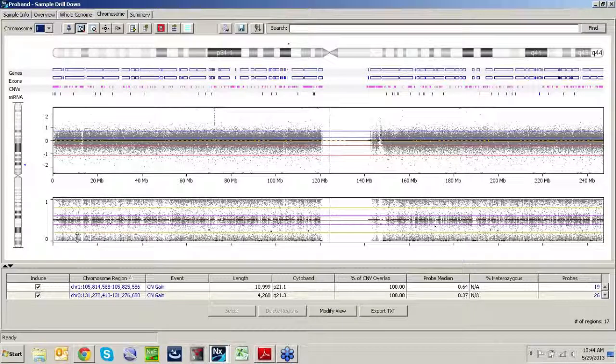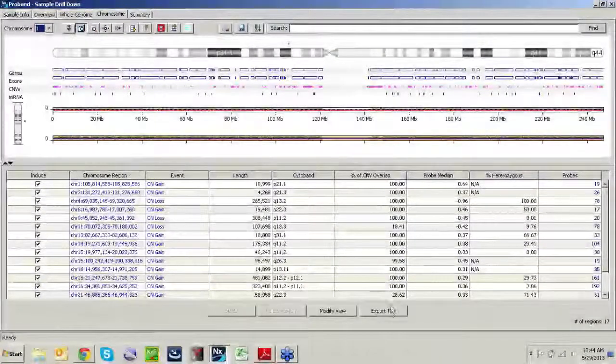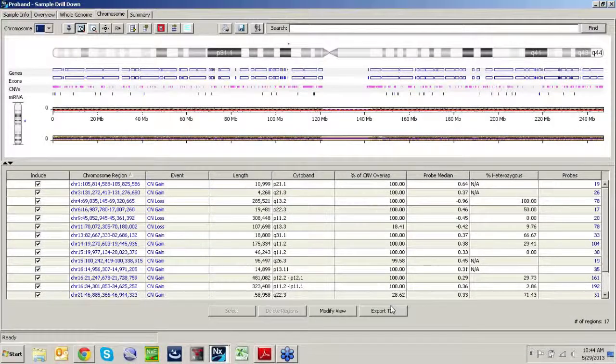proband. So we have the chromosome region, the type of the change, the length of the change, cytoband location, percent CNV overlap. This is important. This is telling us and the amount of heterozygosity at that region. So even though these are all changes that are unique to the proband, we know that there are many regions in the genome that are commonly copy number variable and are most likely to be less likely to be